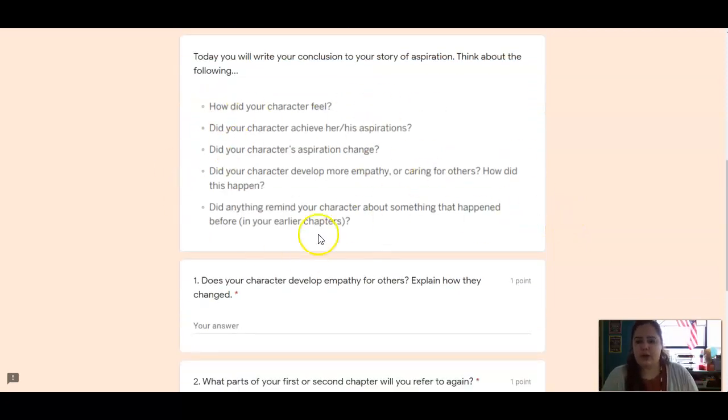So here are the things we're going to be thinking about when we're writing this. How is your character feeling? Did your character achieve their aspiration? Did their aspiration change? Did they develop more empathy or caring for others, and how did this happen? So yesterday we talked about how Esperanza, throughout her vignettes, began to develop more empathy.